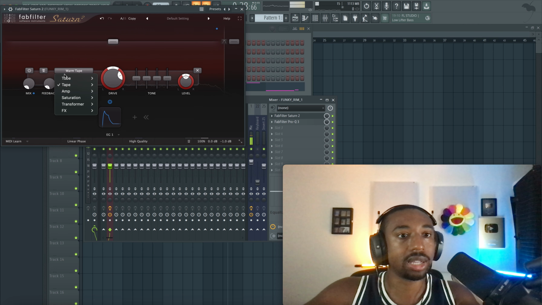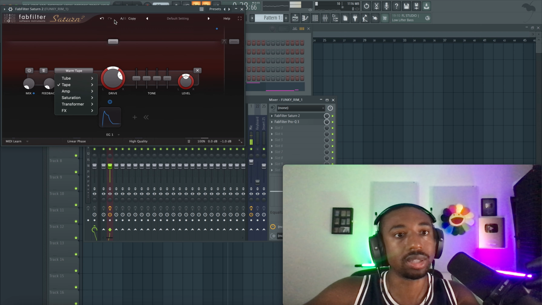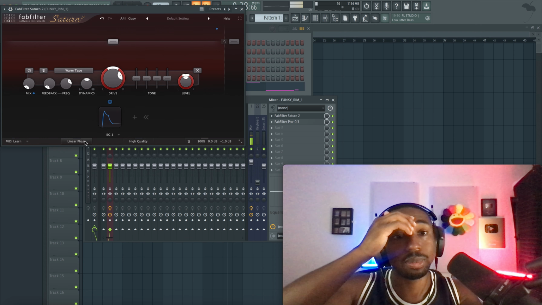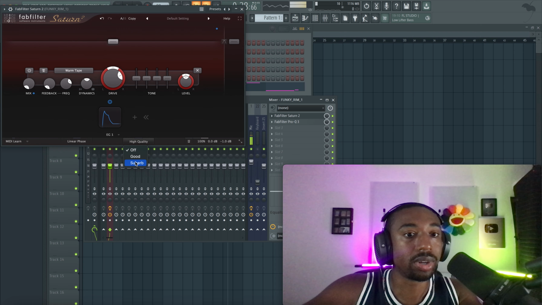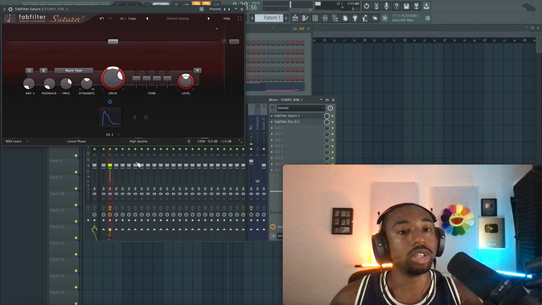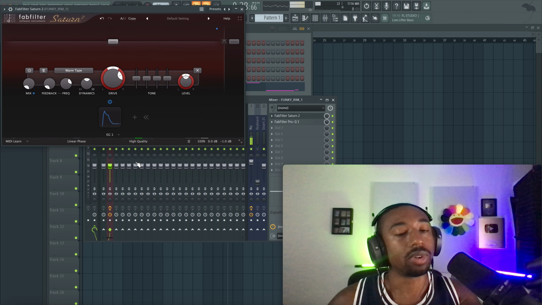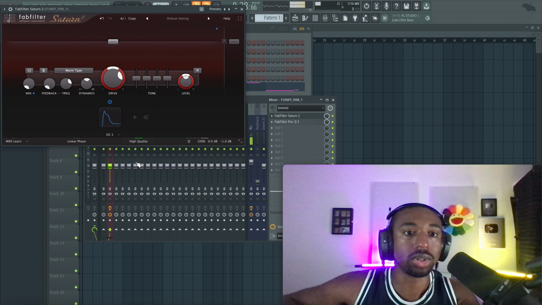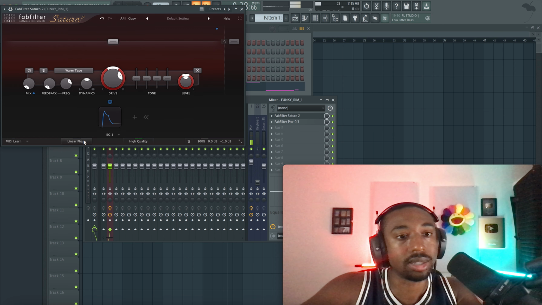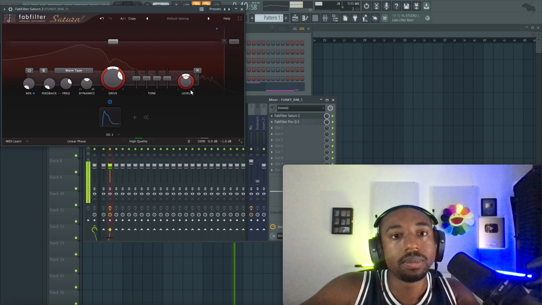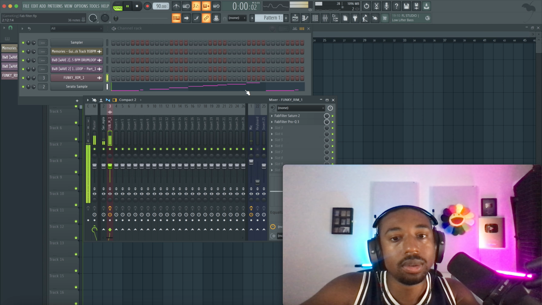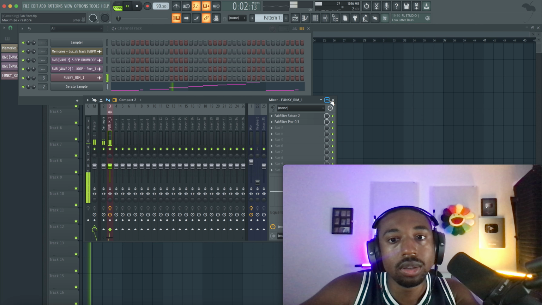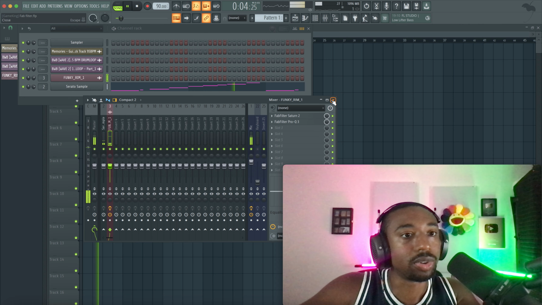Now warm tape saturation is probably the best preset on this entire plugin. Also, a lot of people forget to turn on high quality mode. Whenever you're adding what's called harmonic content, you need to basically oversample it so you don't add frequencies that you don't want in the sound there. So long story short, we're going to put it on high quality mode. It will change the sound. So now our drums feel a lot louder.